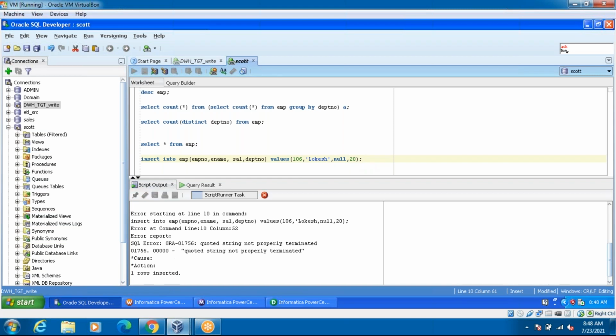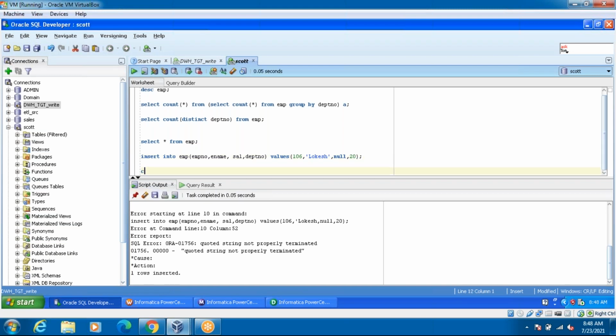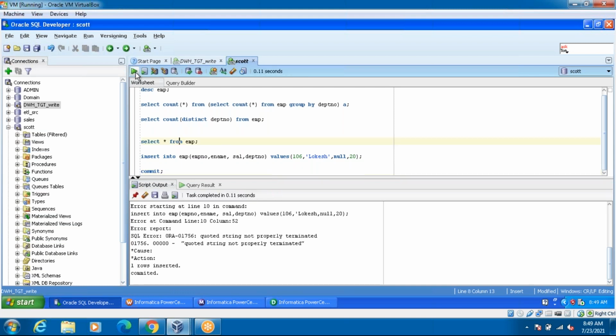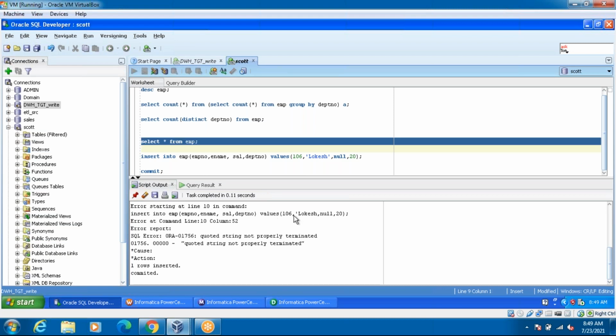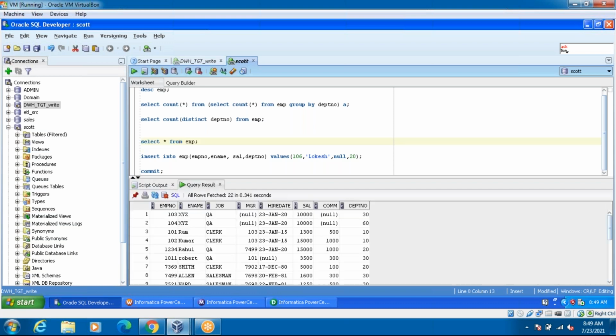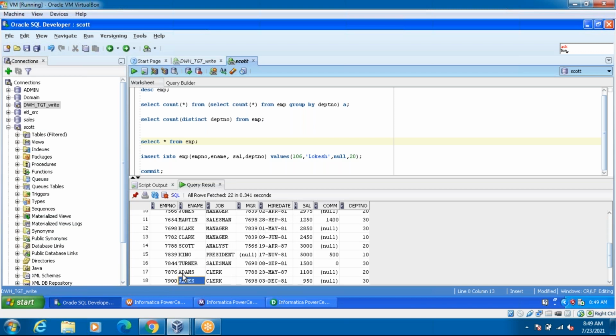I'm going to commit it. Okay, the null values are there. Here is the 105, 105, 106. There are null values in salary.